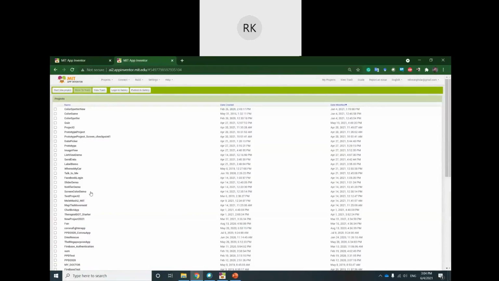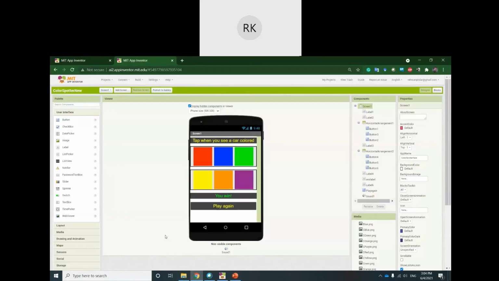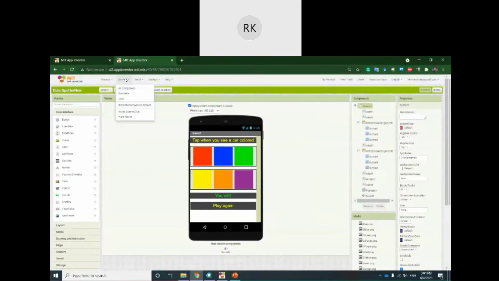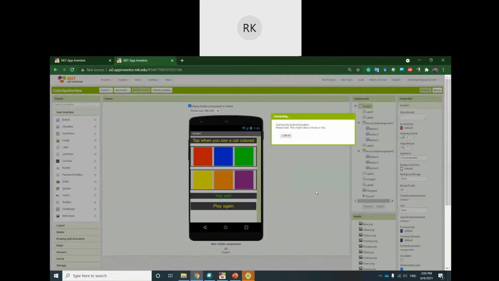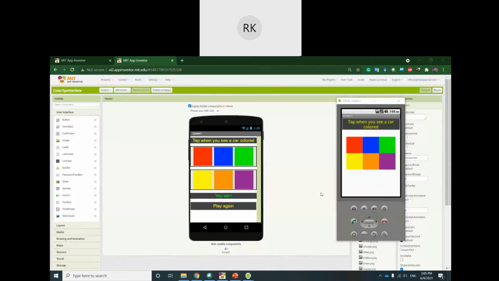Here I have the same project. You see, I am running this project again. You see, there is no emulator. If I run again, hopefully in your case it will not be like that. This one, the same coding, the same project. So red, green, blue, oh sorry, green, purple, orange. You see, this one is not disappearing, and the sound you cannot hear, but there is a sound.